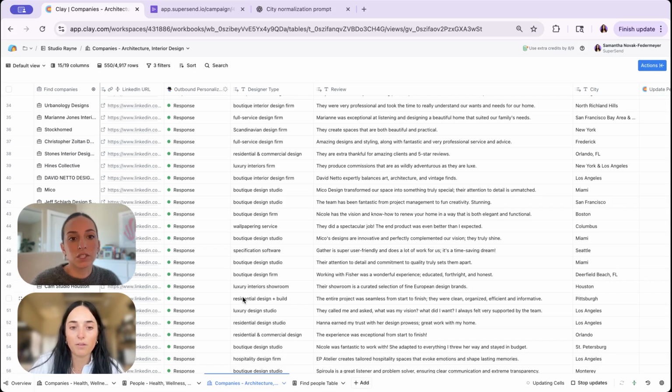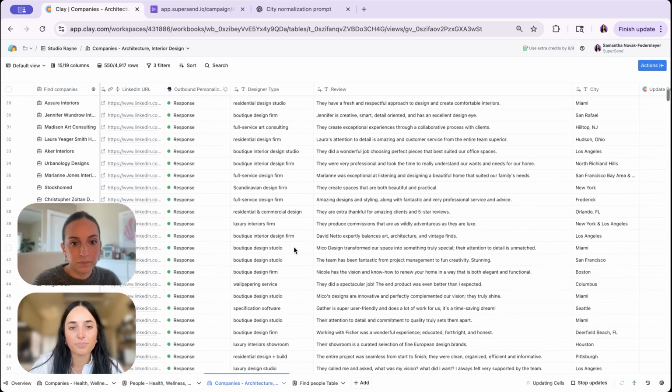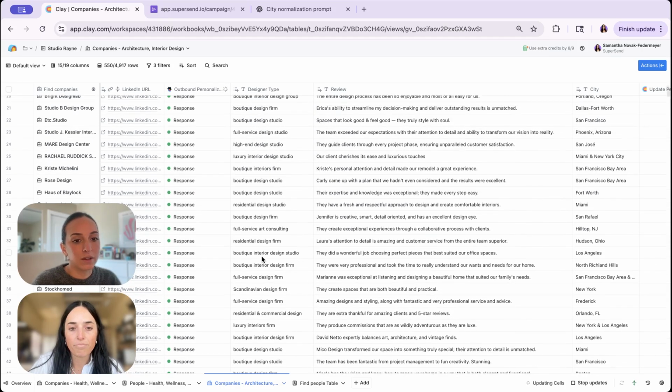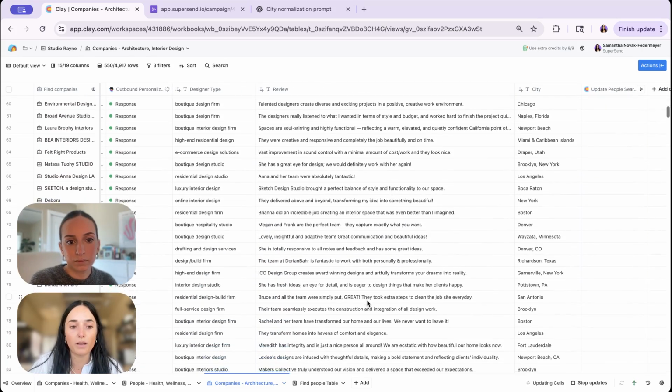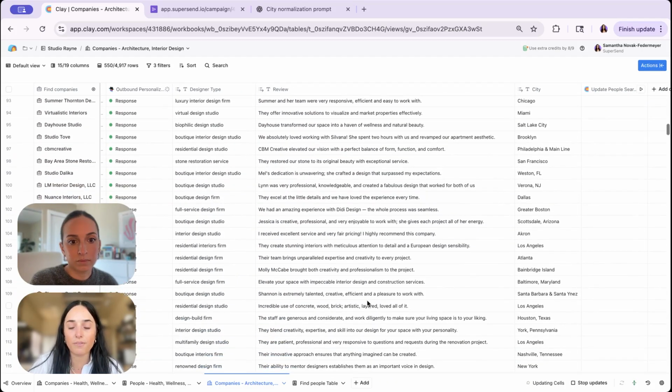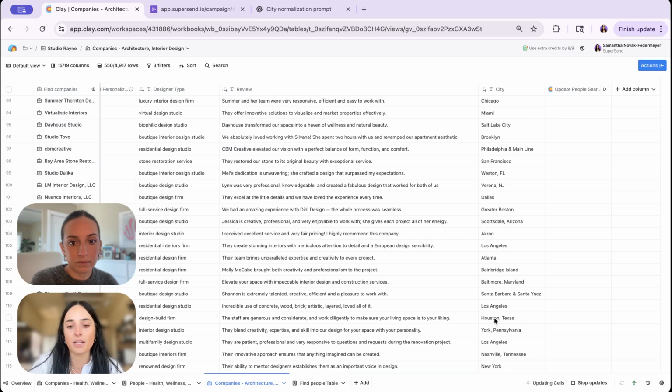For example, not just interior design, but luxury interior showrooms. So it won't just say interior design, it'll say boutique interior design studio or boutique interior design firm. It's using their language on how they talk about themselves. So it looks like all of these places also have reviews, really easy to find. And then I'll add that city as well.